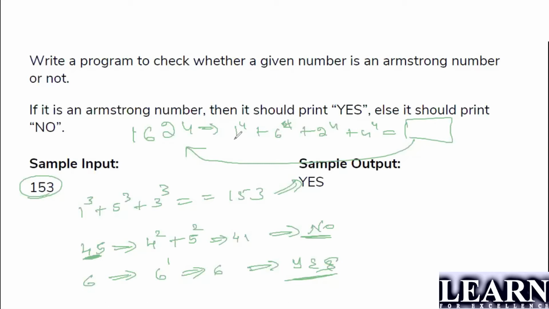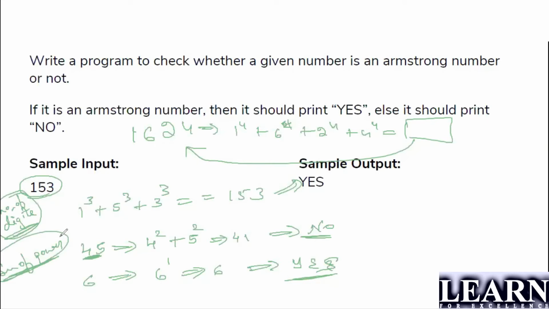Getting it? Now finding out the power is important here, right? Finding out the number of digits is important. Power we can easily find out, the power of that particular digit. So is it clear? What are the two things we need to find? First, you have to find out the number of digits. That is important. And the next one, sum of power. These are the two things you have to follow